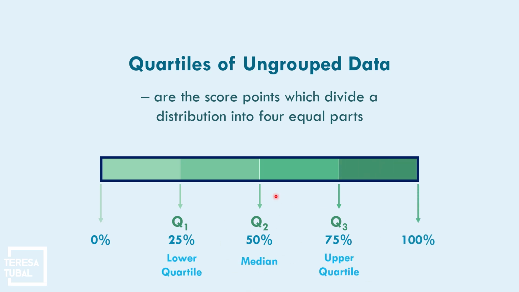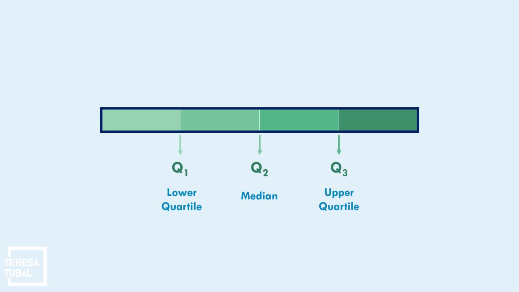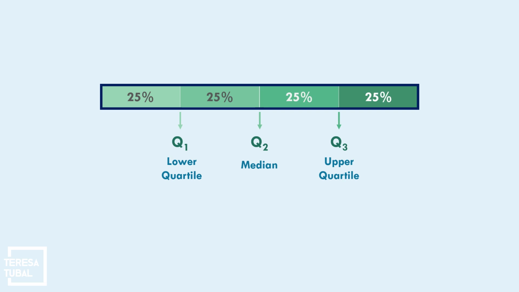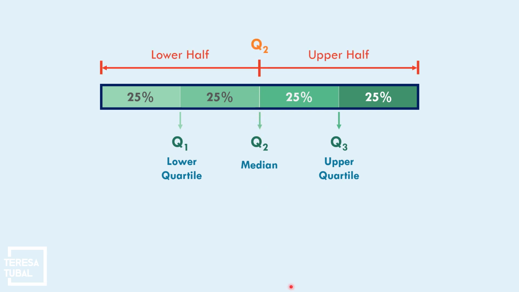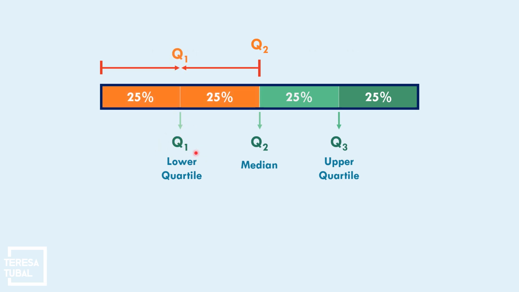So the quartile 2, that is the median. And then the quartile 1, that is the lower quartile. And the quartile 3, that is the upper quartile. As you can see in the table, the middle, that could be the quartile 2 or the median. And then to the left side, that is the lower half. And then the right side, that is the upper half. To get the quartile 1, as you can see from start up to the median, the middle, that is the quartile 1. From quartile 2 up to the last, we will get the middle, that is the quartile 3.